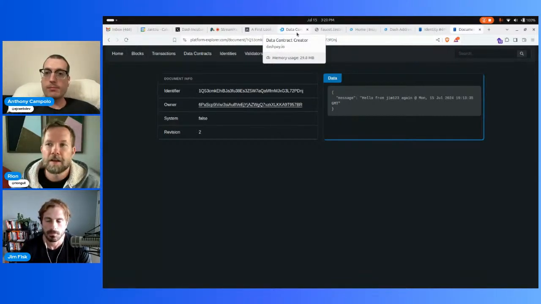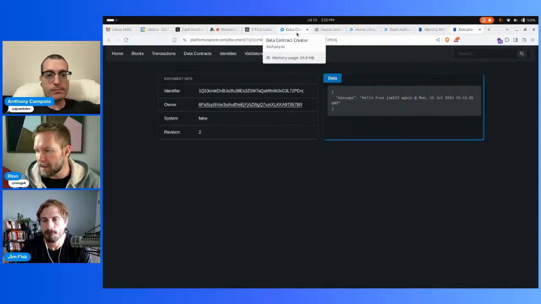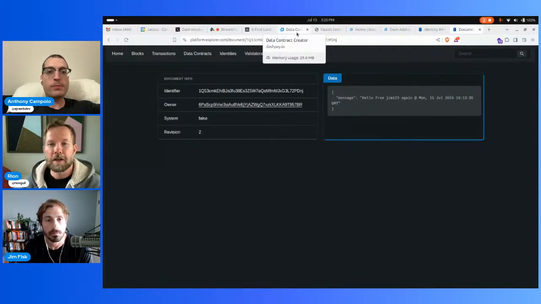But in practice, I would guess it's going to be applications where you want public data and you want it to be provably present data. So like you could think of a decentralized Twitter. I don't expect a decentralized version of Twitter to overtake Twitter anytime soon, let alone Dash Platform's version of that. However, it is possible, and to the degree that Elon Musk continues to allow free speech, it would